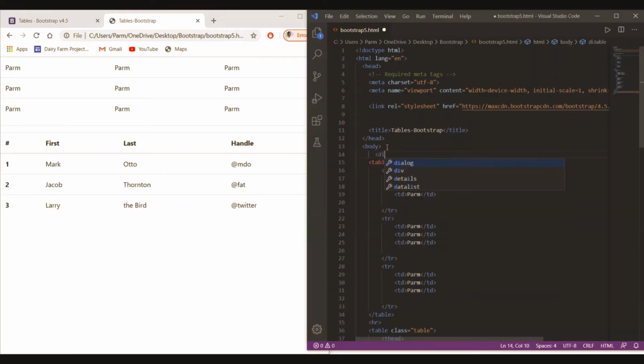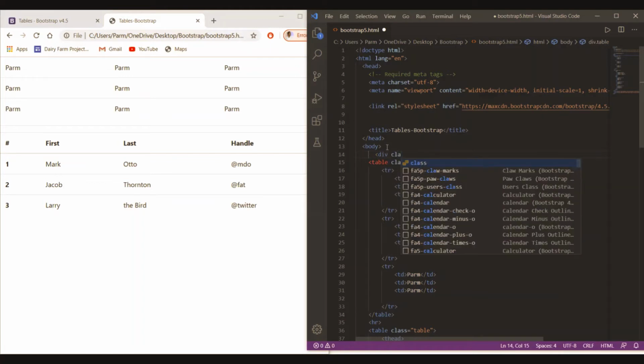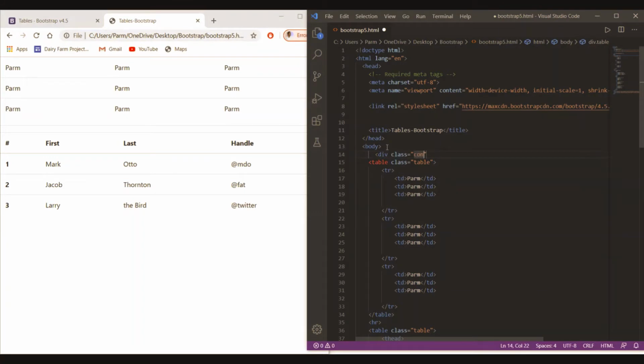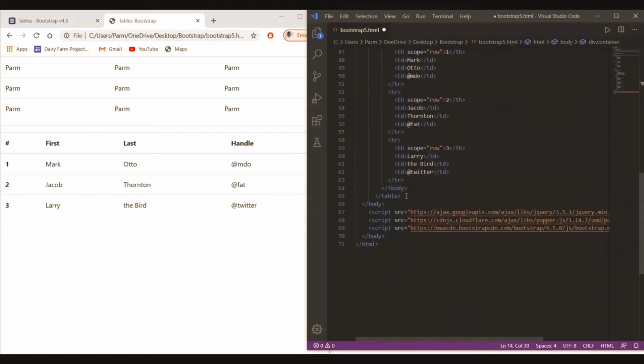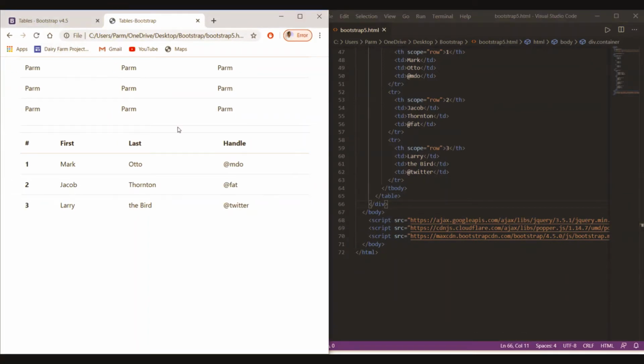So we use div, then class container. Yeah, it will become the box layer over here.